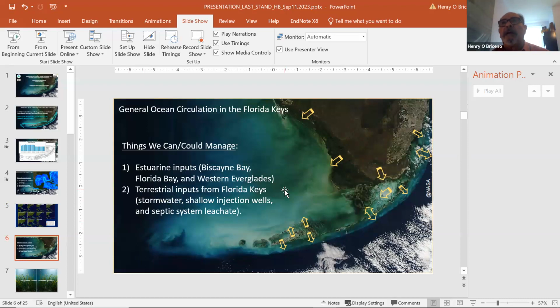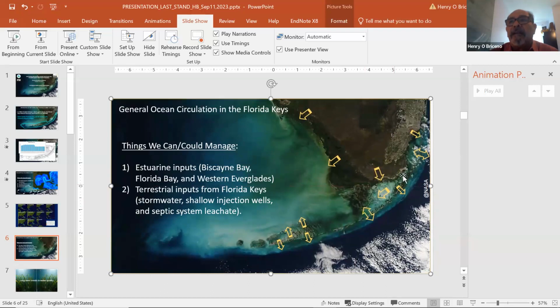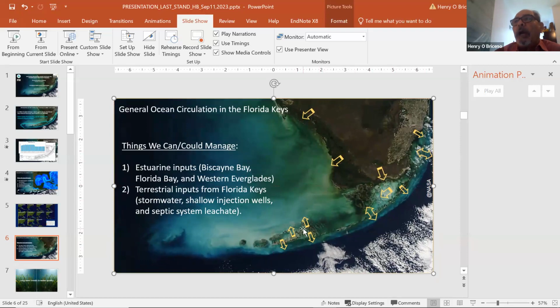And then we have some processes and some impacts that perhaps we can somehow control or manage, like the input from the Everglades, the input from the Keys themselves, the input from the city of Miami. That water sometimes comes to Biscayne Bay and then circulates south to the Florida Keys. So it's not only in Biscayne Bay, but also affecting the Florida Keys. This area is not like Vegas. Whatever happens here doesn't stay here, it goes everywhere, okay,